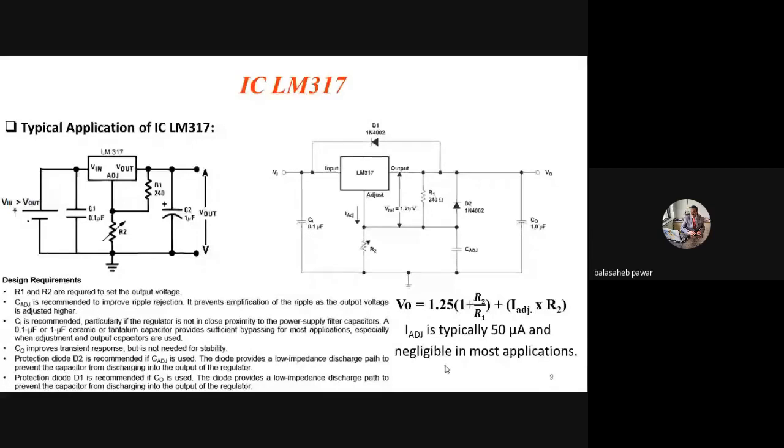It is not mentioned as 0 volt to 37. So what will be the minimum output voltage of this IC regulator? It will be 1.25 volts. We can manage its output voltage as 0 volt, below 1.25 also, but somewhat extra circuitry has to be added to the shown circuit, which is not part of your syllabus. In the next year, I will explain how it is managed to get 0 to 37 instead of 1.25 to 37.